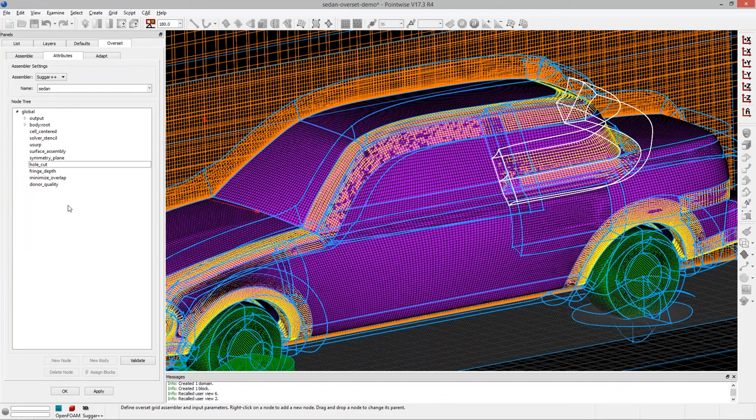So if I'm starting a new overset problem, I could just load that environment file and start working on a mesh, and all of these inputs would still be here, and I could maybe modify the ones that I need to modify for that specific case. So I don't have to start from scratch each time.